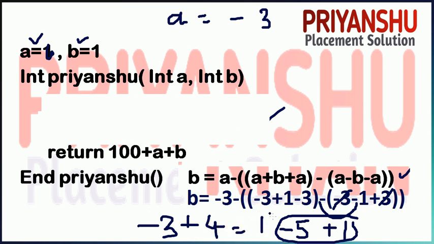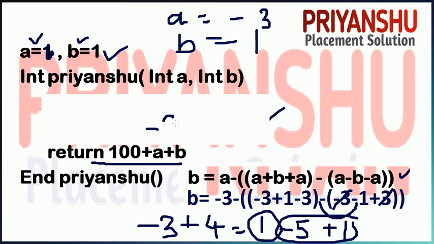Then after that it gives 1, the value of b is again 1, right? You can check it, I just cross-checked it, yes friends, the value of b is basically 1. Now friends, the value we need to return is 100 plus a plus b, so 100 minus 3 plus 1, it means minus 2, so 100 minus 2 means, friends, 98. So the value returned is 98, friends, by this question.